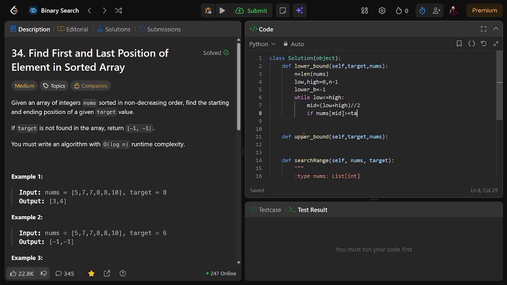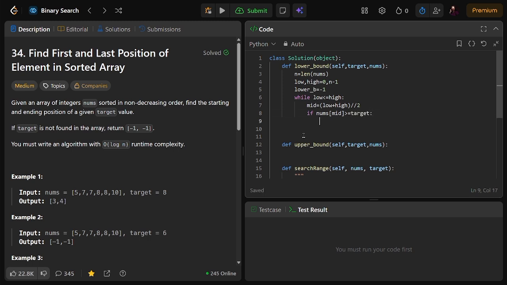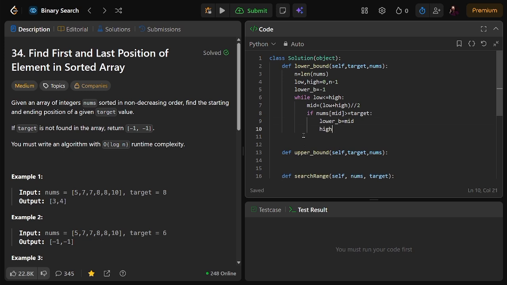In this case, we assign lower bound equals mid, and also move our high pointer to the left side, that's mid minus 1, right? Otherwise we're going to move our low pointer,